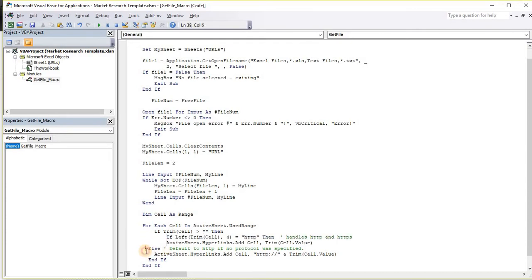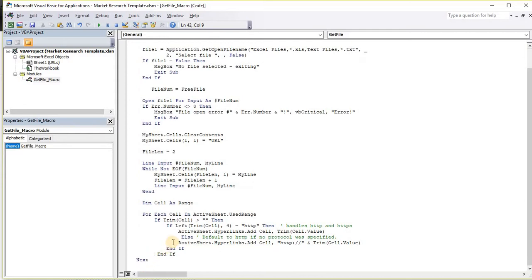And we have two nested if statements, if you will. I'm going to try to make this look nice and pretty. Alright. And what's going on here is, for each cell in the active sheet, use range. That's essentially calling out all actively used cells in the sheet. And this is the part that's going to hyperlink all the URLs